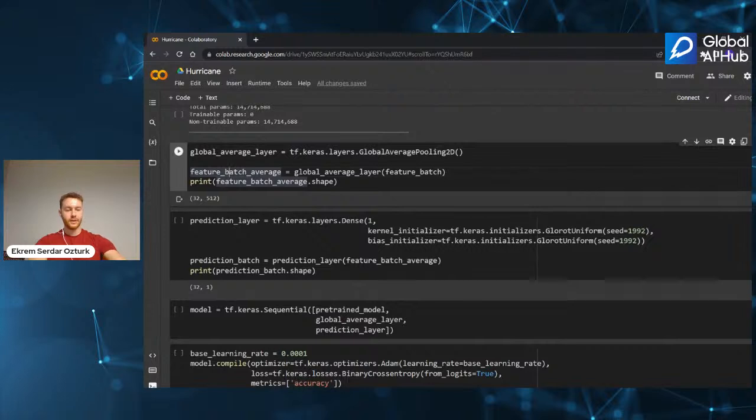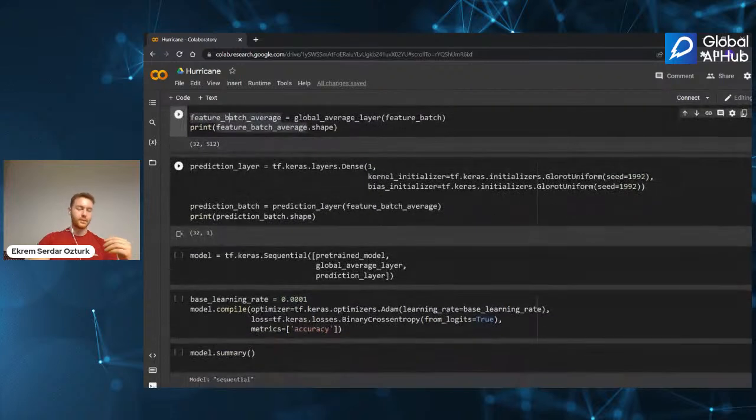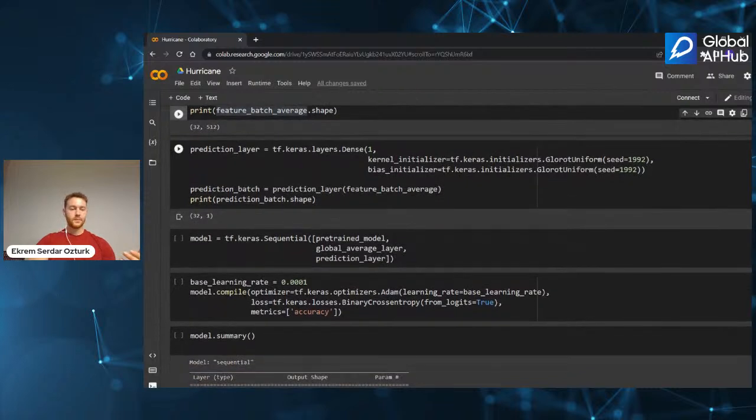So feature batch average. After this part, it looks like 32 and 512. Then we give it a second layer, all right, as you can see here. Now you can check the shape, it is 32, 1.